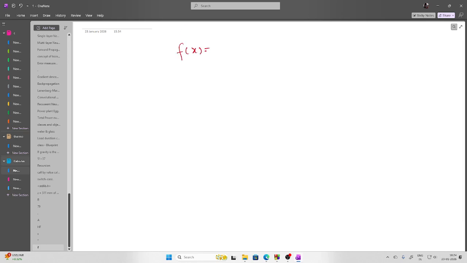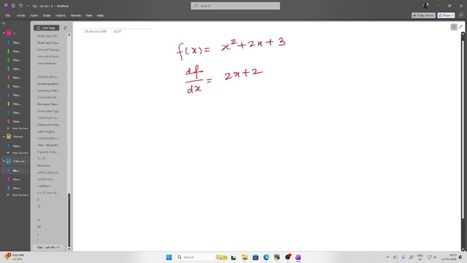Let's say I'm having a function x square plus 2x plus 3. I want to differentiate this function. Analytically, it is a very simple task. It should be 2x plus 2. Now, when it comes to programming, you know that you have to deal with numbers there. So what should be done is that you have to evaluate this at a certain value of x, let's say 1.5